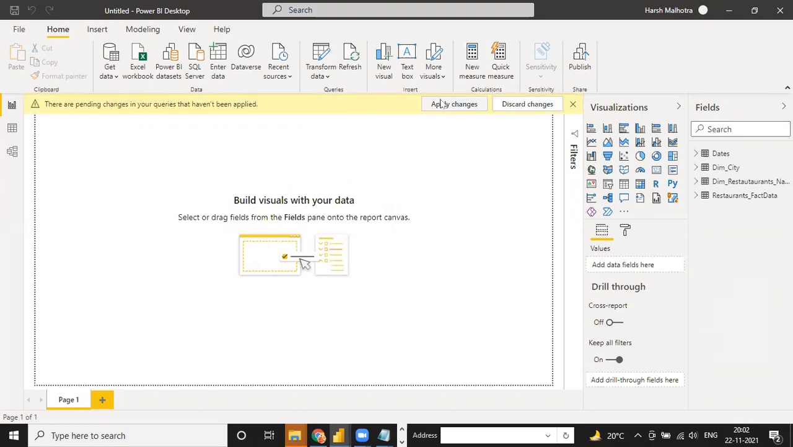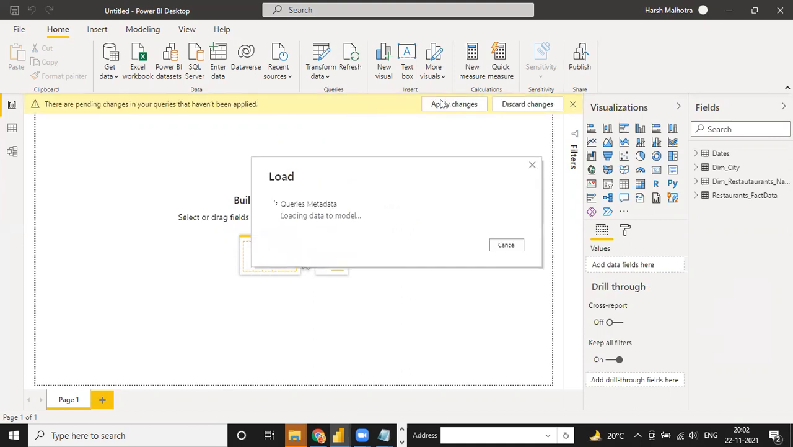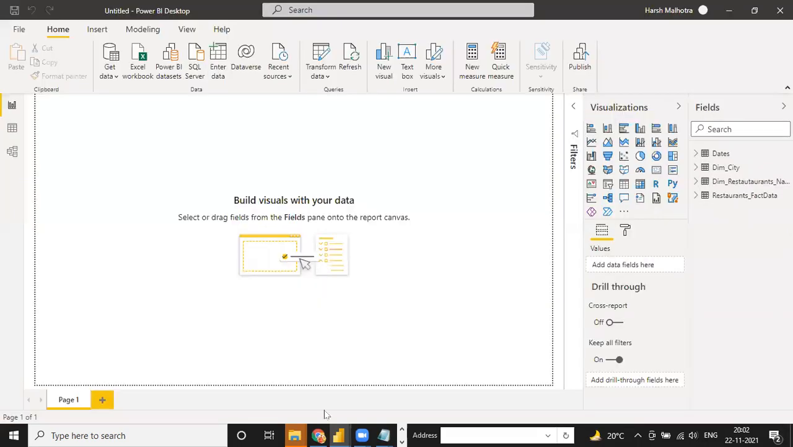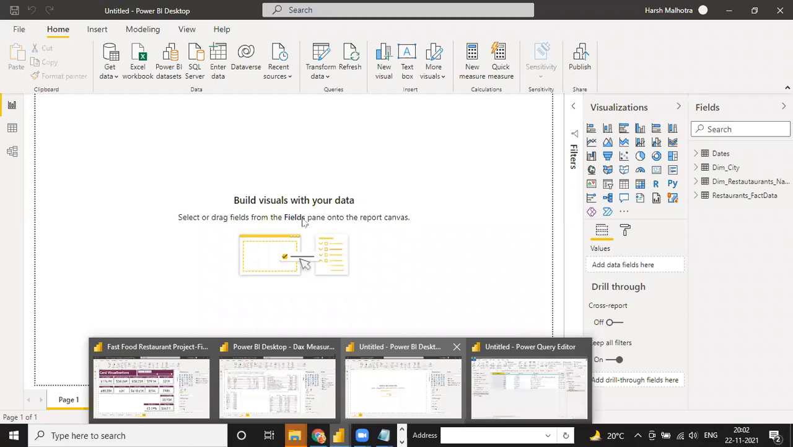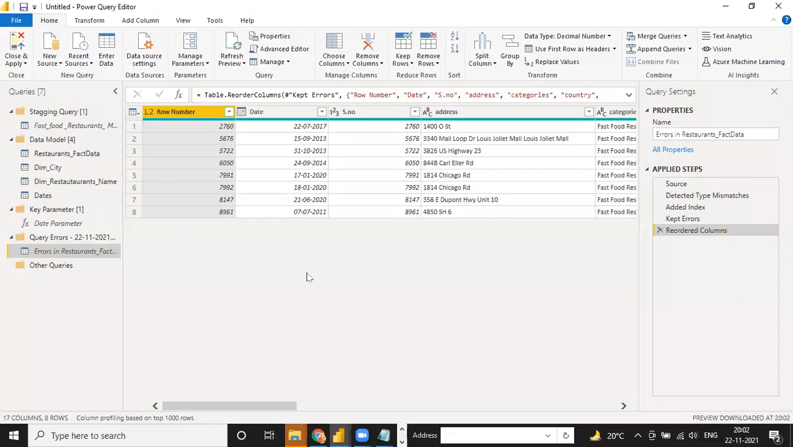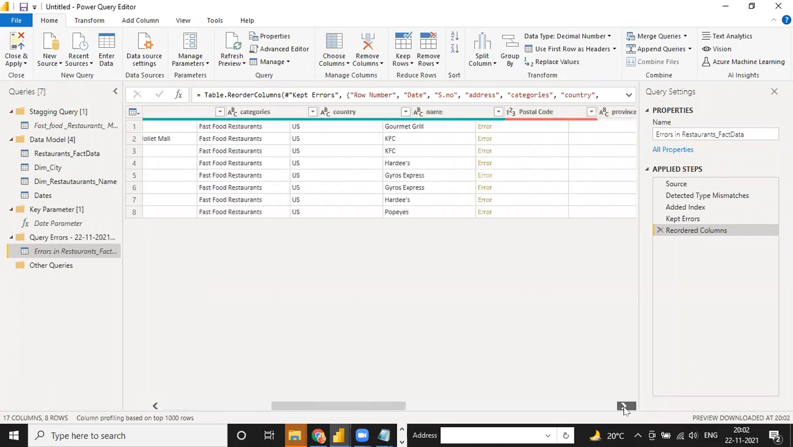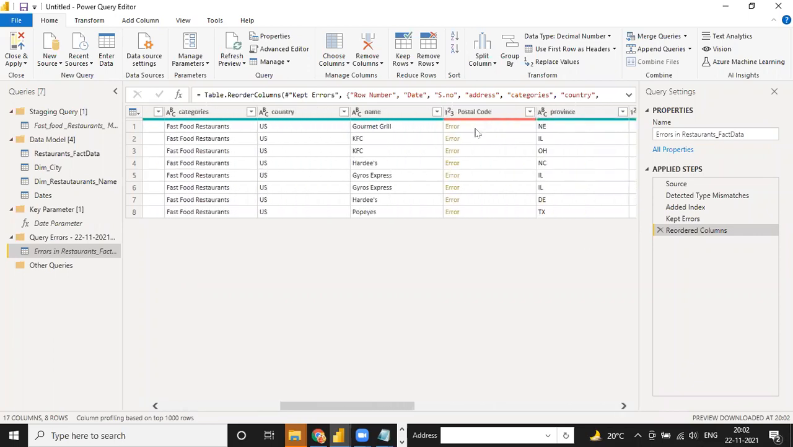Click on this apply changes. Now the error is completed, and what is the error? Let me show us in the background. These all are the 8 errors. And what is the error? Okay, see, the error is a postal code. Postal code means